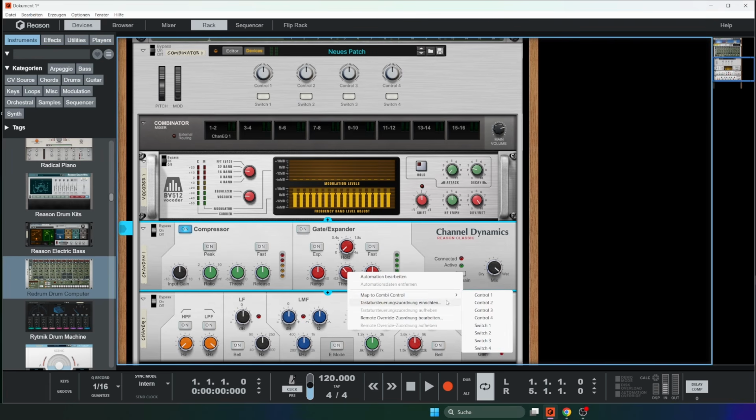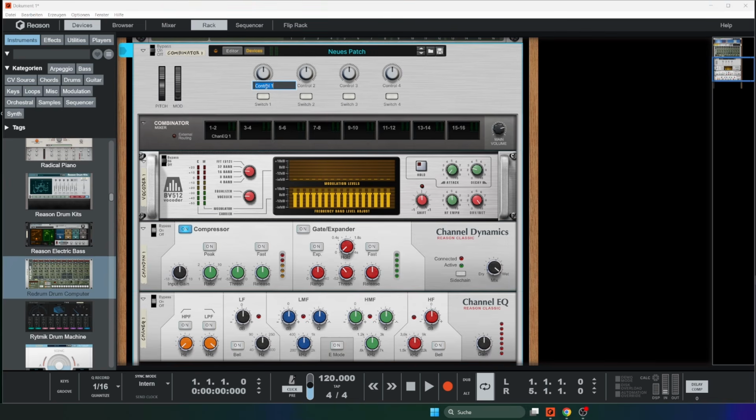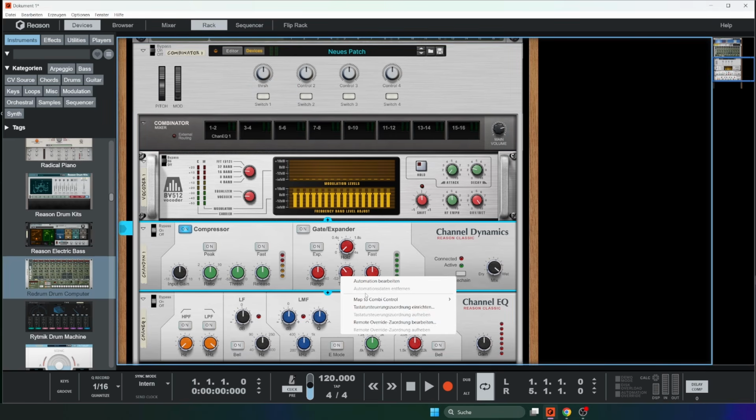and map this to Combi Control. Combi Control 1 would be our corresponding Control 1 knob here. If we rename this, like maybe the thresh, then go to map to Combi Control, we got that name here. So it would be easier to get all your buttons and knobs here named and then start to apply to this. So let's map this to our threshold knob, and